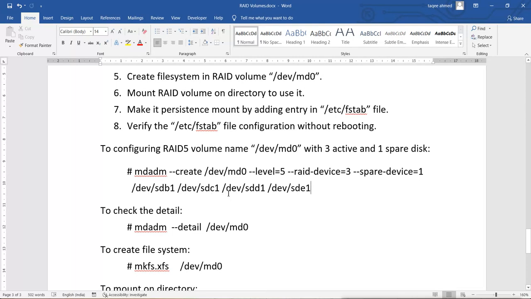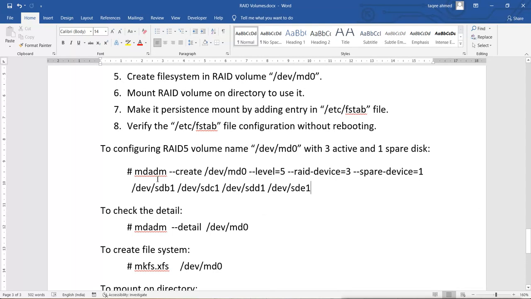If one disk goes down and 2 disks are active, my data will be available, but my RAID is at risk, because if one more disk goes down, then I will lose the data. So for that I put in a spare disk, so that my RAID will be healthy and I will get a small time to recover. I get a small time to reconnect the other disk.